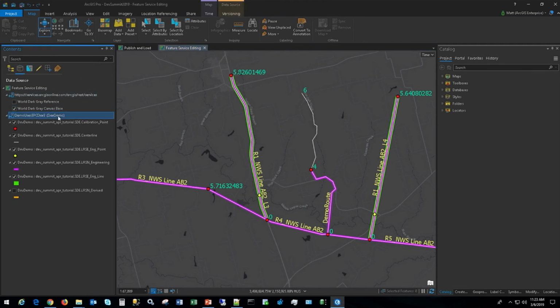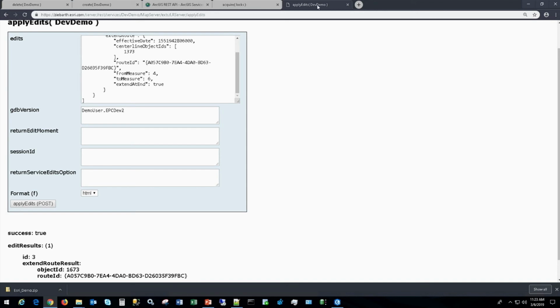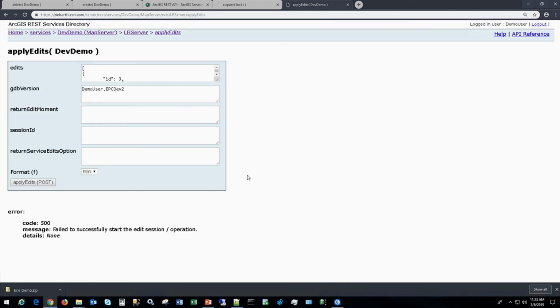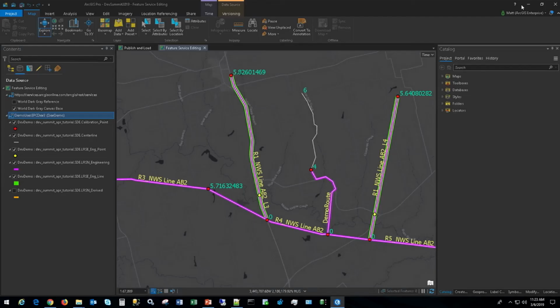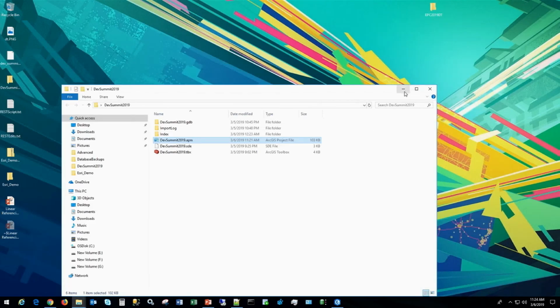Okay. And I am not sure where the edit went. I'll try one more time here. It should have already posted. EPC Dev 2. Yeah, that's already done. Okay. So if anybody has any more questions on that part, I can go a lot deeper over at the linear referencing booth, and I'll of course figure out why that route didn't extend there. So to go back,